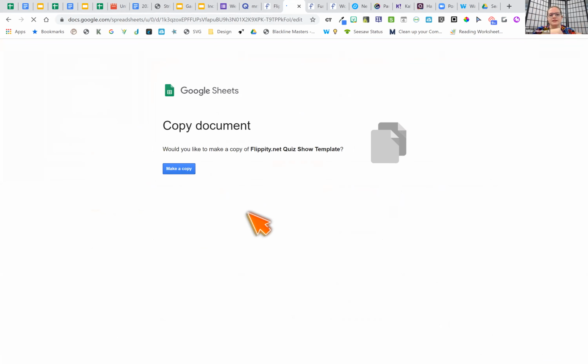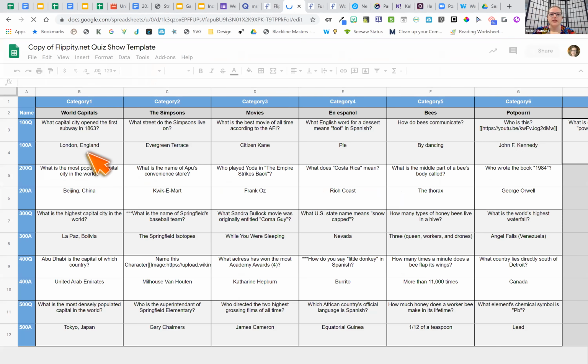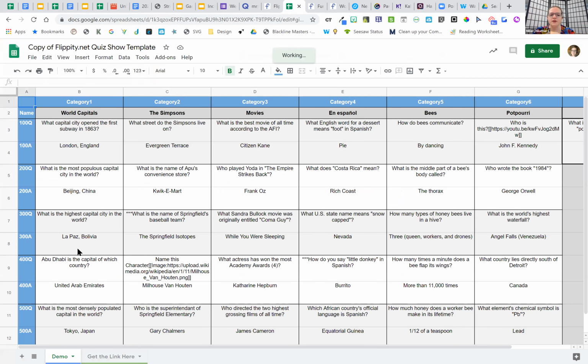So it makes it easier when I want to go in and put stuff in, because I can see, this is where the question goes, this is where the answer goes, and I can just fill in my information. If you only want, let's say, 5 categories, then you just erase the category name and put an X, and it just takes off that category for you.